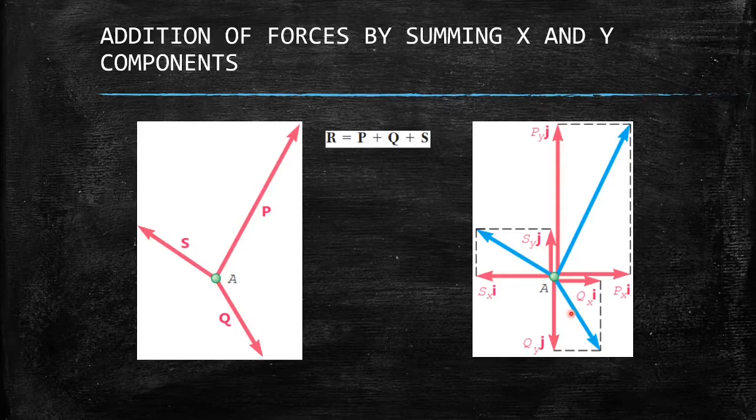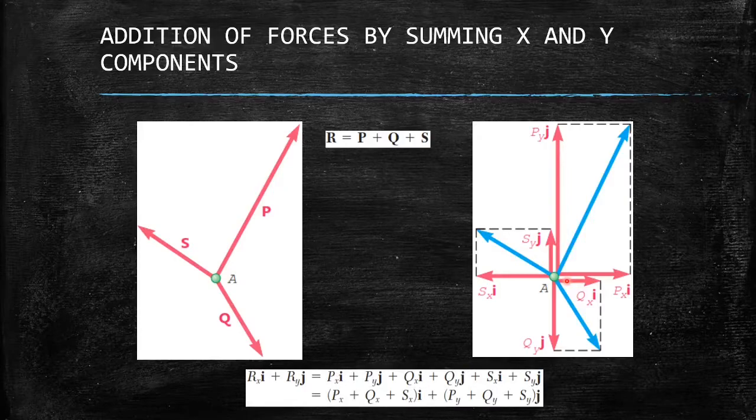So here, as you can see, the force P is resolved in its Px and Py directions. Vector S is resolved in the Sx and the Sy directions, and force Q is resolved into Qx and Qy directions respectively,